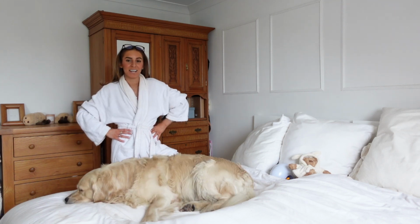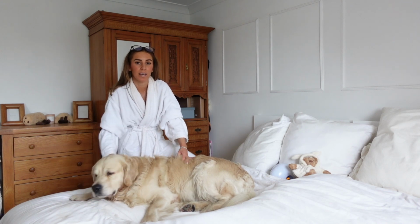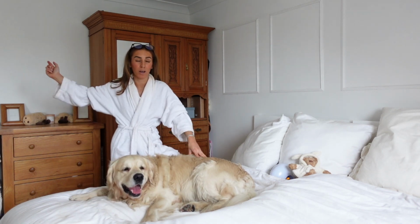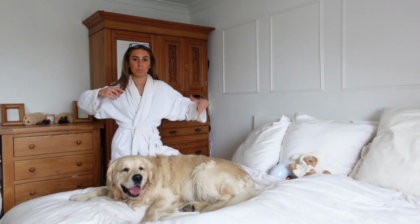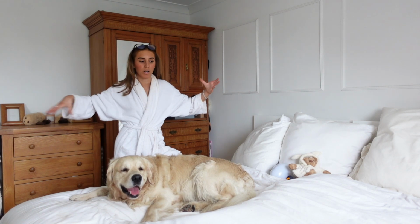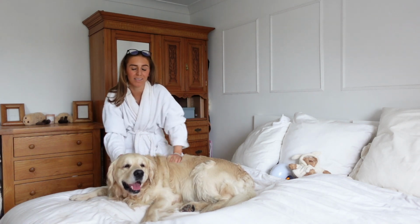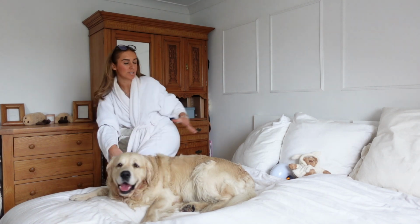But anyway, as you would have seen, I started the day off with Reg waking me up, which is pretty much how I start every single morning when he's here. When he wants to wake me up, he will literally run up the stairs at full speed, and because my bedroom is at the top of the stairs, he runs up and does a running jump onto my bed and wakes me up, and it's probably the nicest way to start the day as well. So I have that alarm clock,